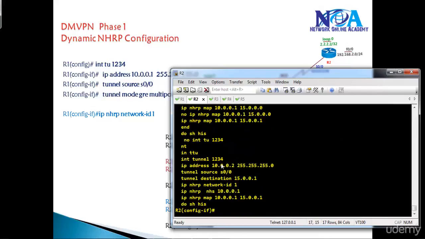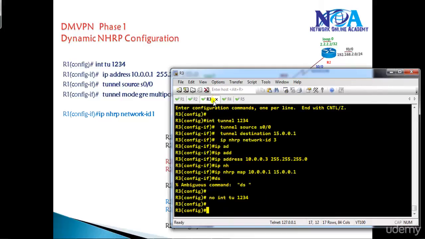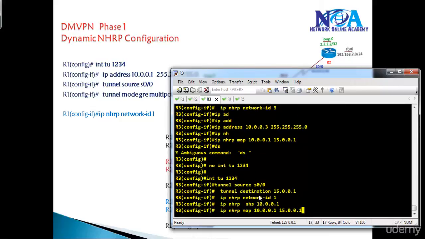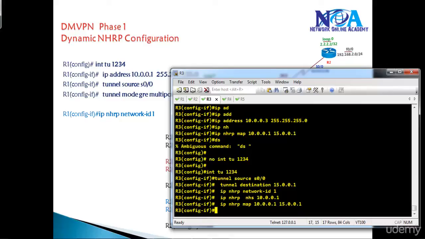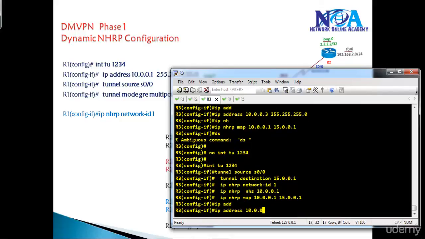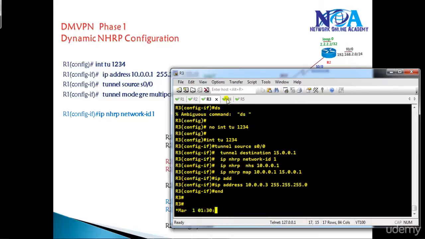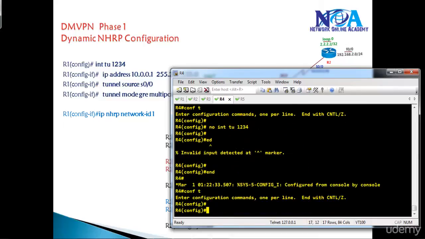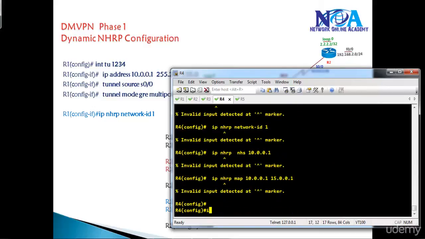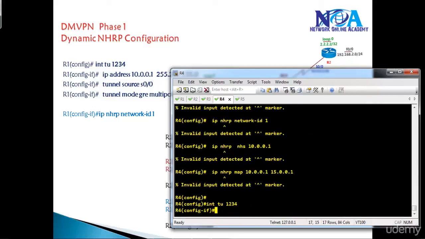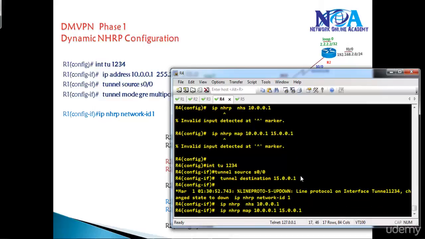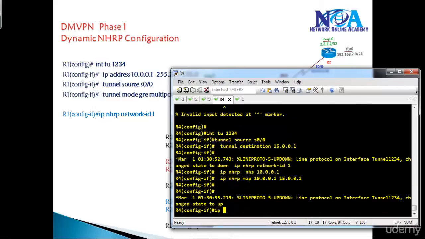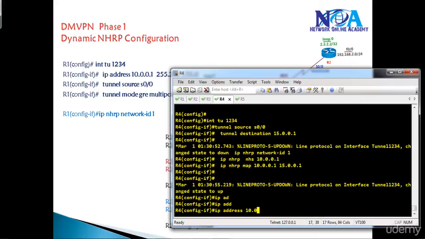If I go with the same thing, let me copy paste everything, almost the same commands I can copy paste on router 2. The only thing is I need to change the IP address. Network ID can be the same, it may not be the same, it doesn't matter. Only the IP address will change. So on router 3 I'm using IP address 10.0.0.3. Let me do the same thing on router 4. On router 4 I need to set tunnel 1234, or it can be any other number, tunnel source, tunnel destination, and the last thing is we just define the IP address 10.0.0.4